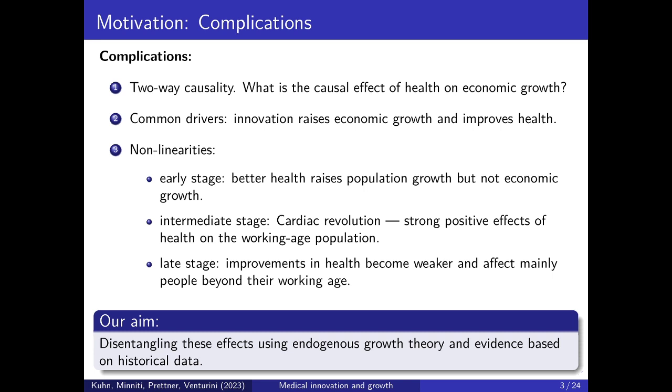But there are also indirect effects. So if people live longer, they tend to invest more in their education through the Ben-Porath mechanism, or they also tend to save more, and therefore a country with people who live longer tends to invest more, and that could have effects on economic growth. However, there is also the reverse causal channel that higher per capita income allows a society to invest more in hospitals. Then in such a society, you typically have the situation that people are better nourished, there is a better hygienic standard, and so on and so forth, and all that raises income. So you have a two-way causality that needs to be disentangled.